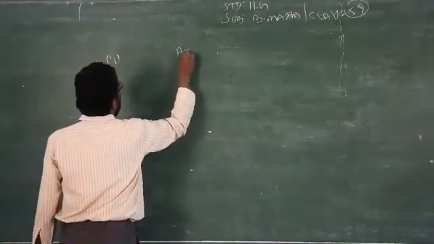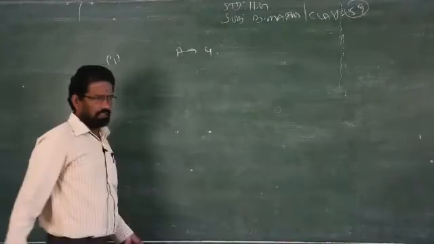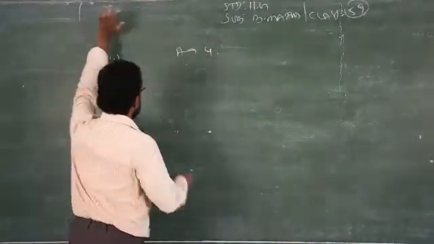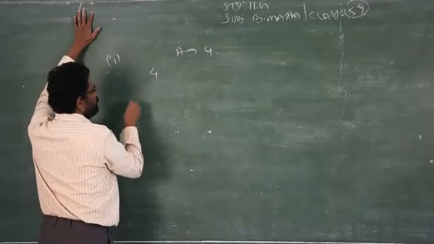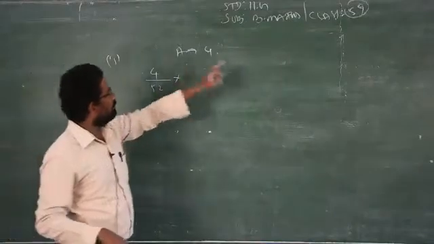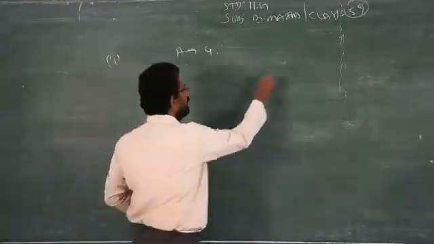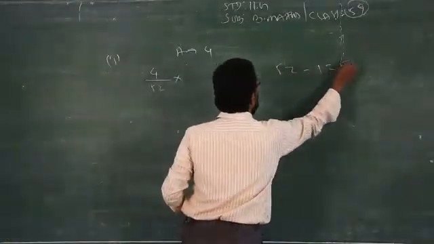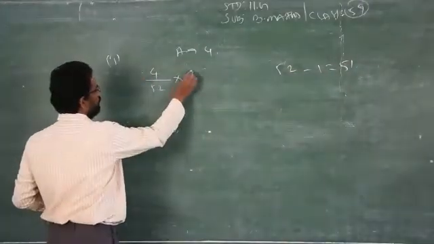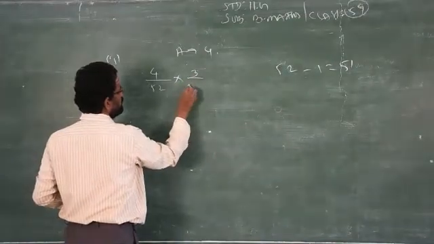So the A will be how much? Total number of cards in that, in that 52 cards, we have only 4 A's. So first possibility, I am taking first one, 4 by 52. I am not replacing, which means how many cards will be remainder? 52 minus 1, we will get how much? 51. Out of 51 cards, you have to take one more A.